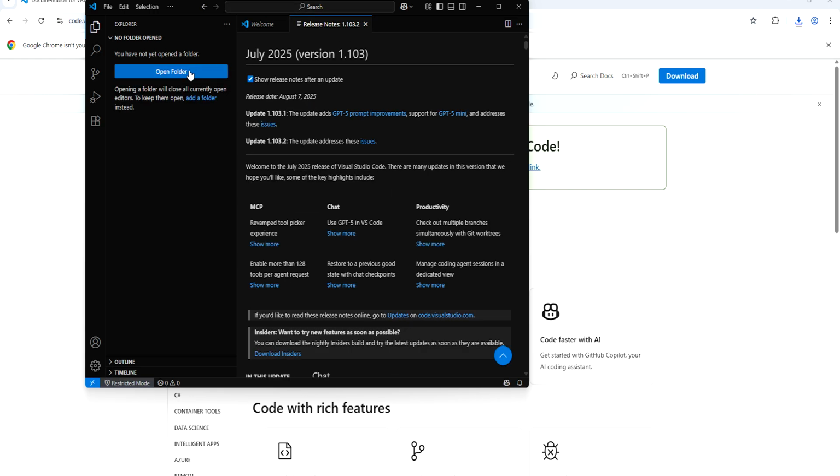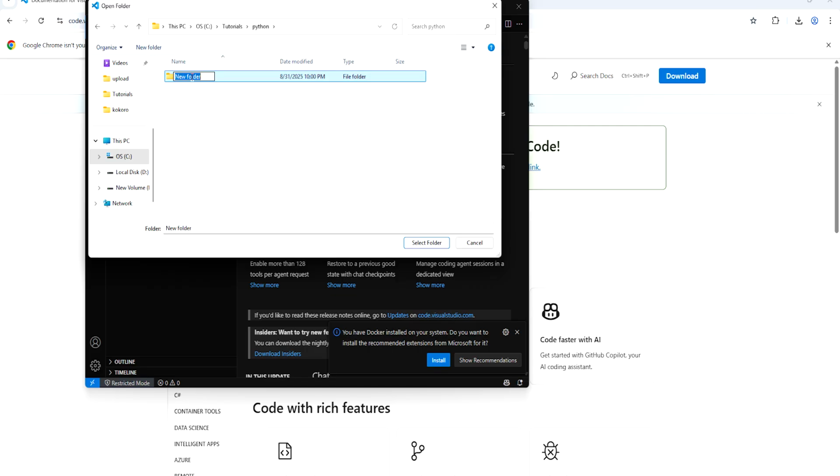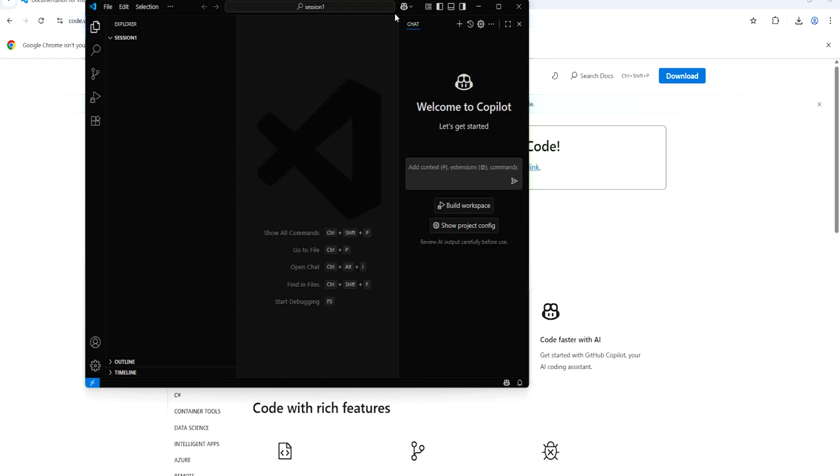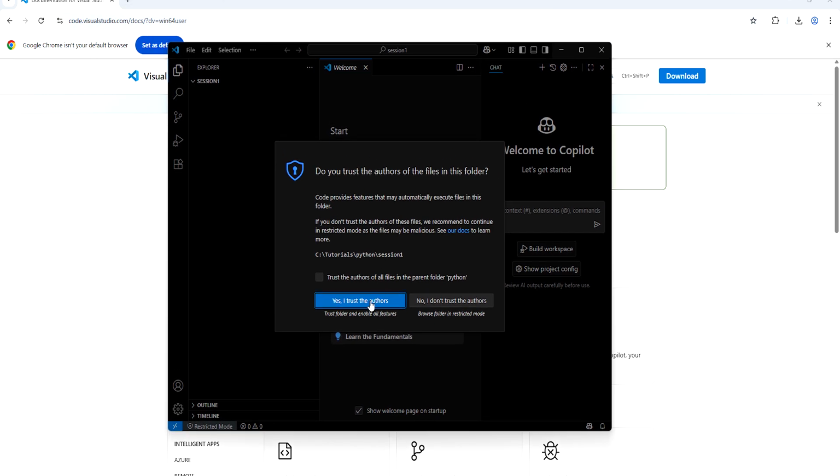I will open a folder first. Session 1. Copy this path. Then select the folder. Trust this author.